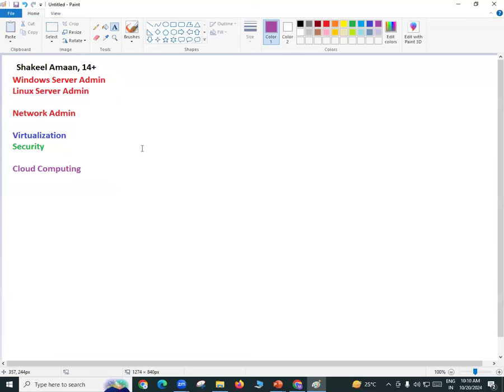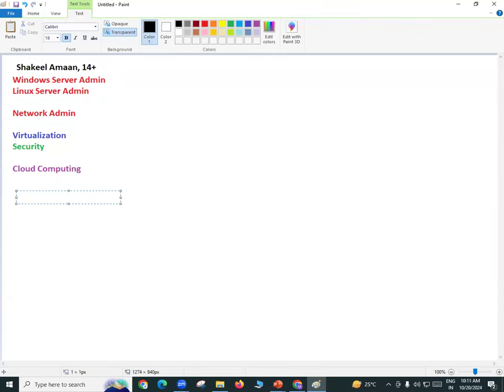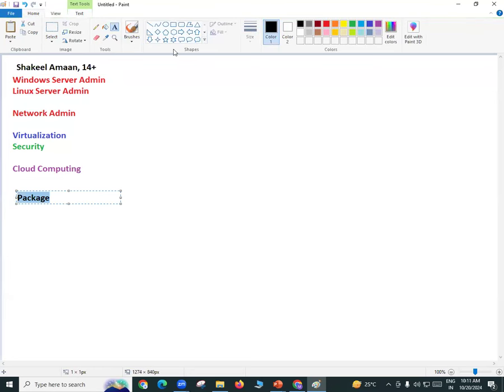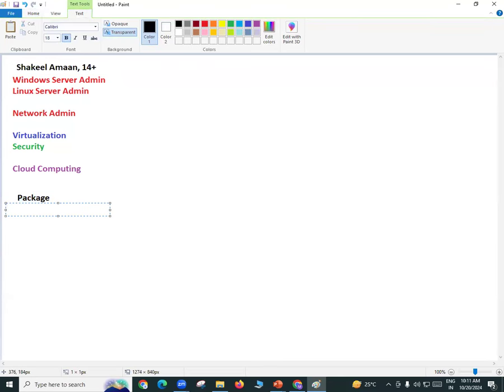Fine. Okay, now let us see what we are going to learn in this particular package. This is not a single course, right? This is a package. So what do we have in this package? In this package, we have 3 different courses. One is Linux Server Administration. Second one is Cloud Computing, that is Amazon Web Services. And the third one is the other server administration, that is Windows Server Administration. So these are the 3 things we have in this single package: Linux Server Administration, Cloud Computing, and Windows